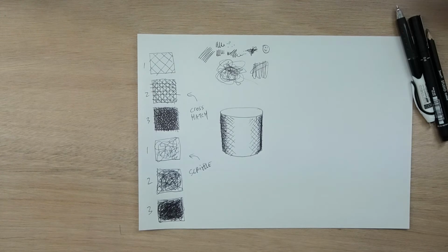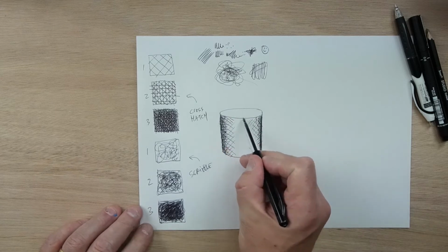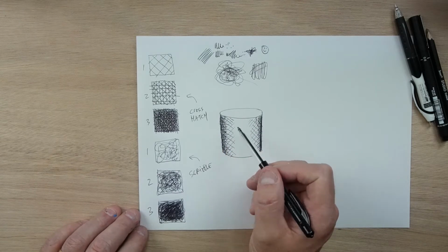Okay. What do you reckon? Does that sort of look 3D, guys? Yeah? Okay. Now what we're going to do, we're going to add something to this. So we're going to make this into this cylinder. We're going to make it kind of hollow. Okay, so